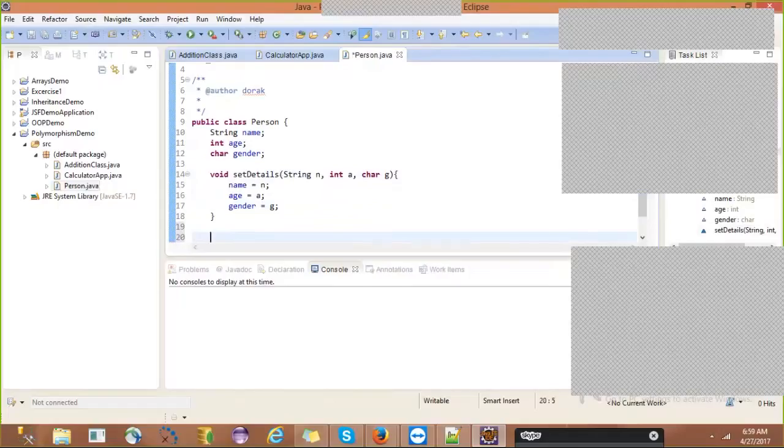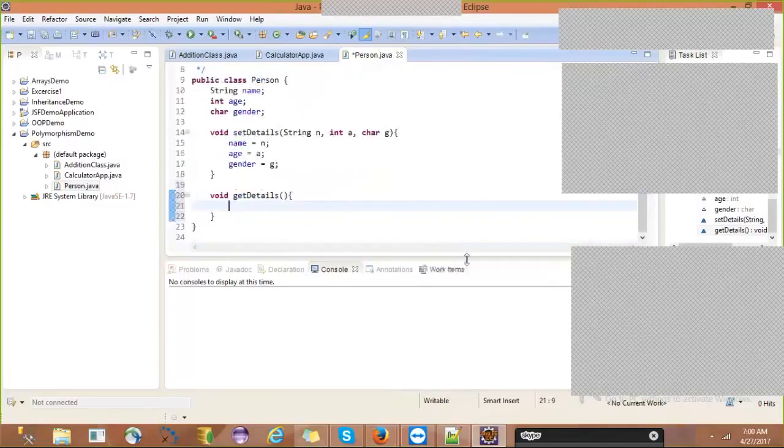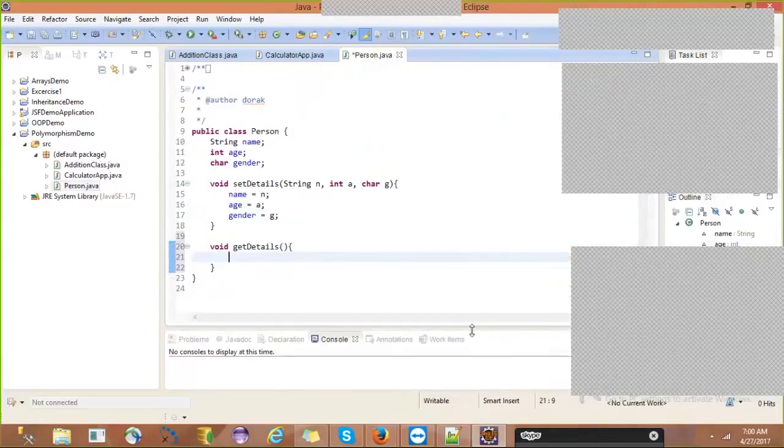So instead of get person details, let us give the name as get details. Void get details. How many parameters should I take in the get details method? No parameters, zero parameters. We don't require any parameters for a getter method. For a setter method, we need parameters. So for a getter method, we don't need any parameters.